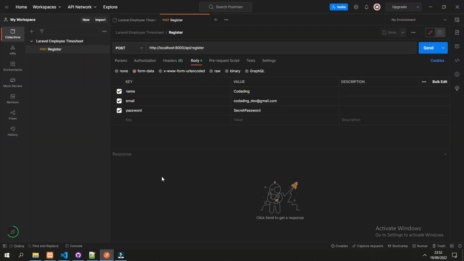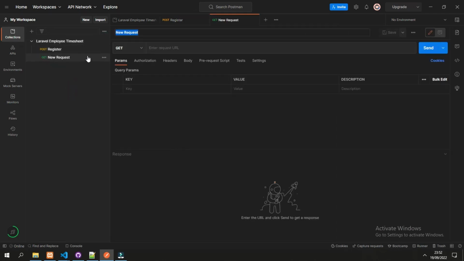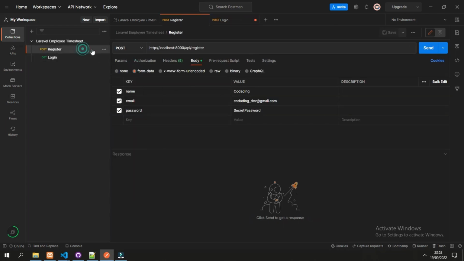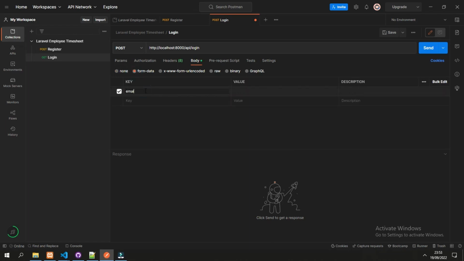Now we can test in Postman. So let's create a new one. Add request. Name it login, the URL we can copy from here, change this to login, and the body we can input email and the password.